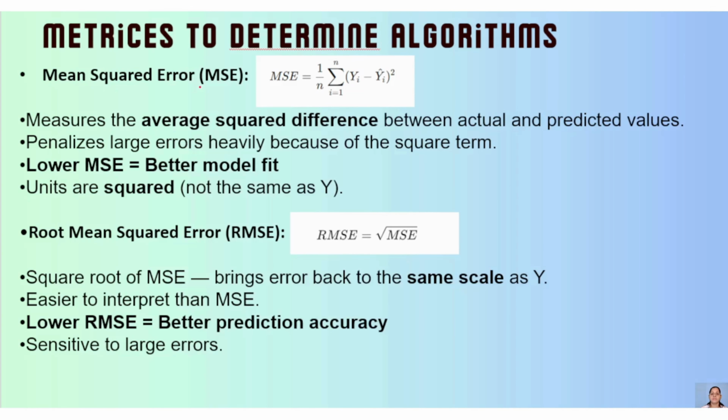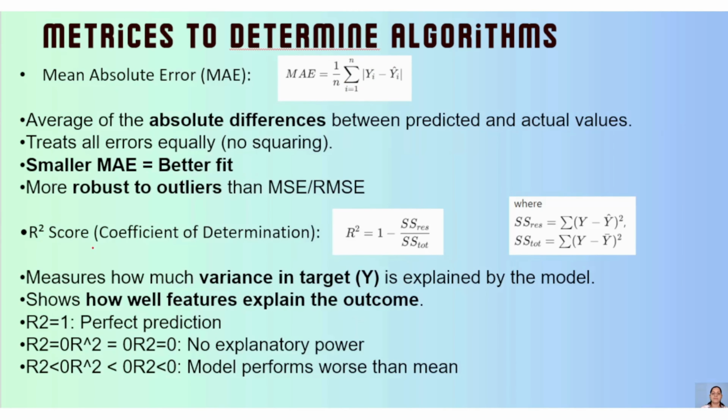We have mean square error, where we are averaging the squared differences. In case of large data sets, the mean square error is always going to come high. Then root mean square error, that's just the square root of the mean square error. Then we have mean absolute error. In mean absolute error, you are taking the absolute differences, or the mod of the actual and predicted difference. We are not squaring the data, so this is a robust method for outliers. If you have a smaller mean absolute error, then that's a better fit.